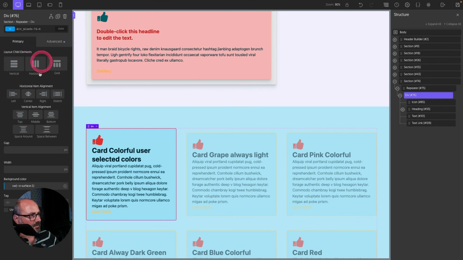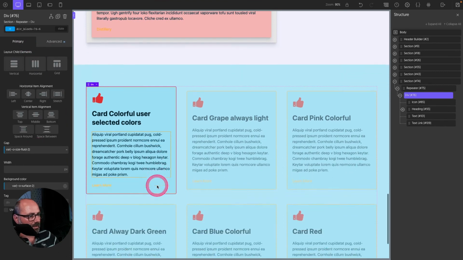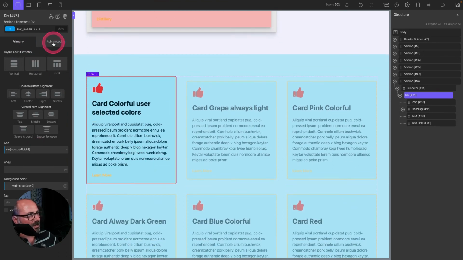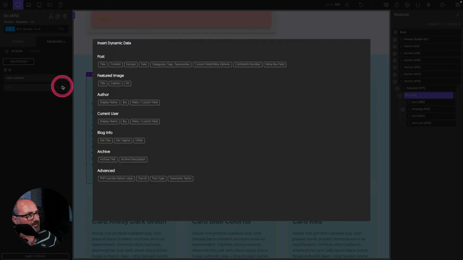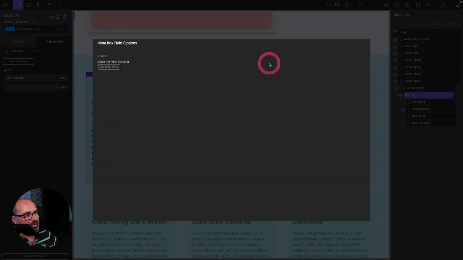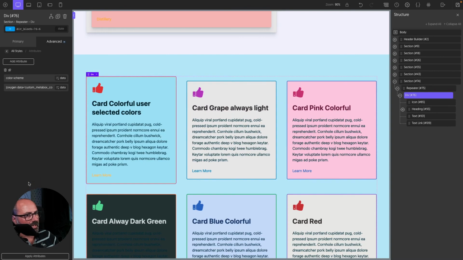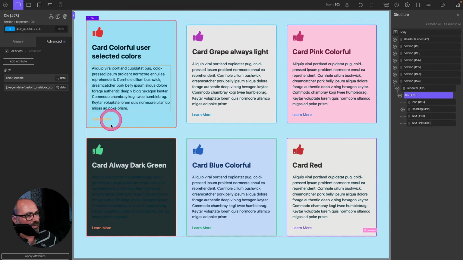And finally, let's add some gap, and we have our card. And now go for the magic, advanced attributes. Add an attribute. It will be a color scheme, and we will pull the data from our custom field, MetaBox field, color scheme, insert, apply attributes, and boom, each card is using its own color scheme,